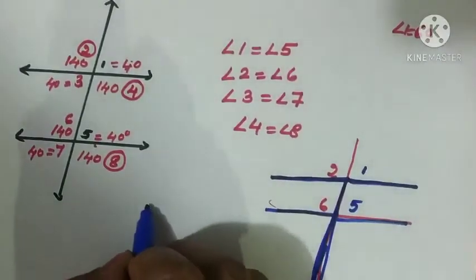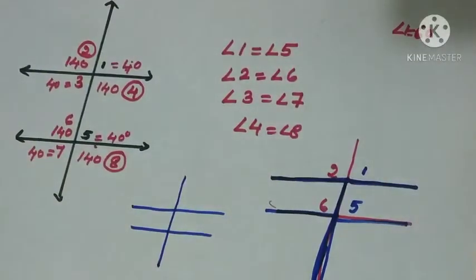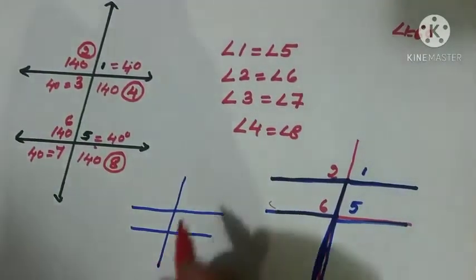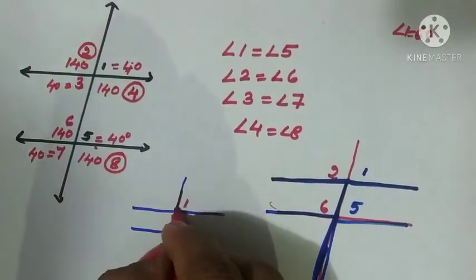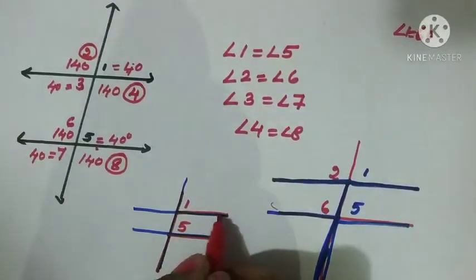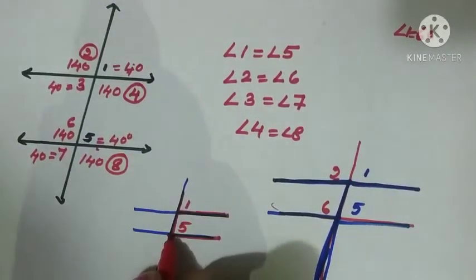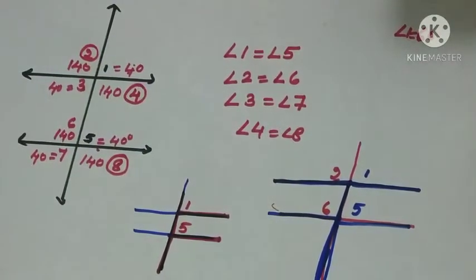Once again, two parallel lines cut by a transversal. Which are the corresponding angles we are going to take? Angle 1 and 5. First we will go for this line, first line, second line. What is the similar shape in the English letters? It is similar to F. So children should always have the idea that when we speak about corresponding angles, it is close to the letter F.